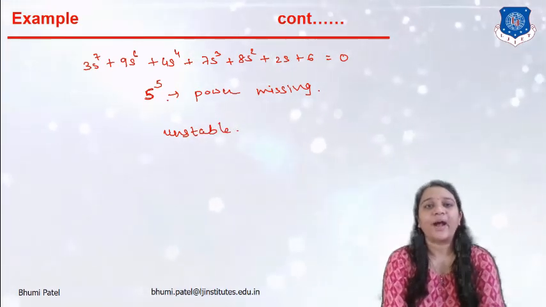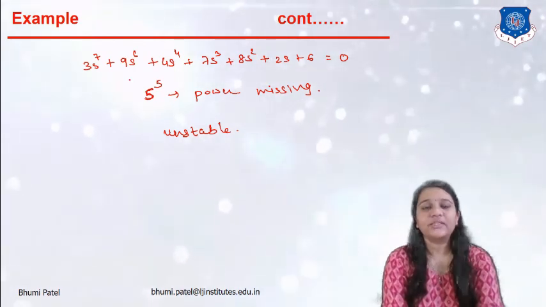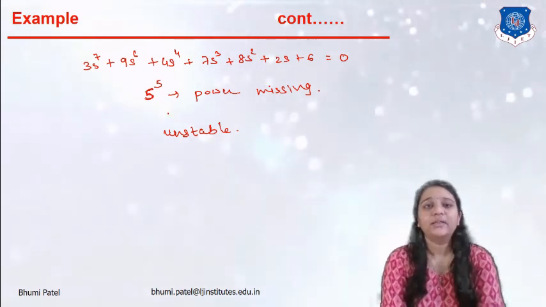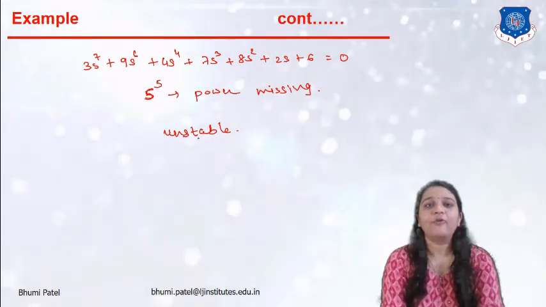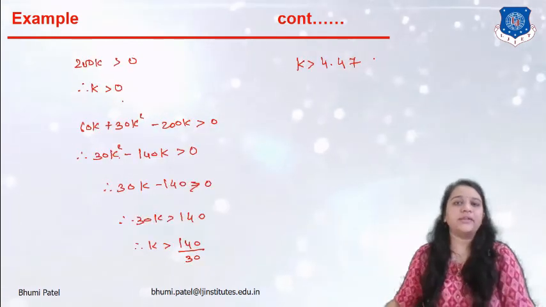So whenever a power of s is missing from the equation, we cannot solve this equation using the Routh table. For this type of system equation, the output will become an unstable response. Now the next one is the